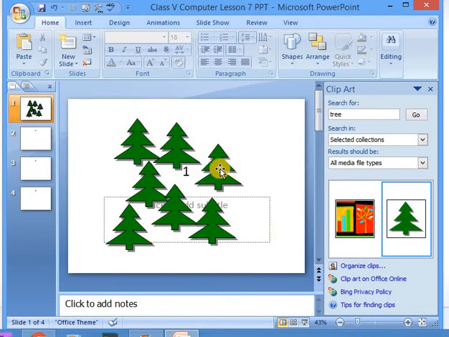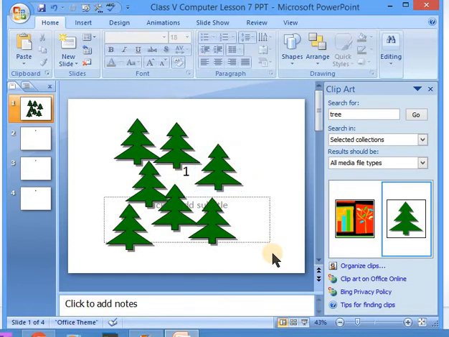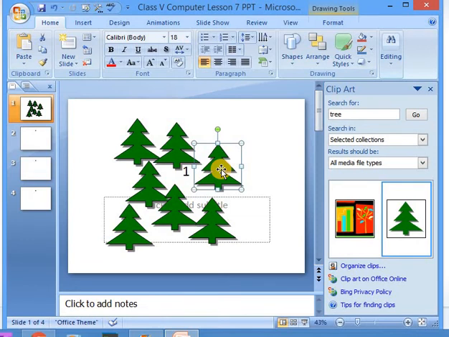Now the second thing is, if I need to draw a border to this picture. See, computer understands anything when you click. So I'm thinking that I need a border around this tree, but the computer will not understand. What I need to do, I need to click this. I have clicked the tree. Now the computer will think that yes, something is going to happen to this tree. So it will give you the options related to that.